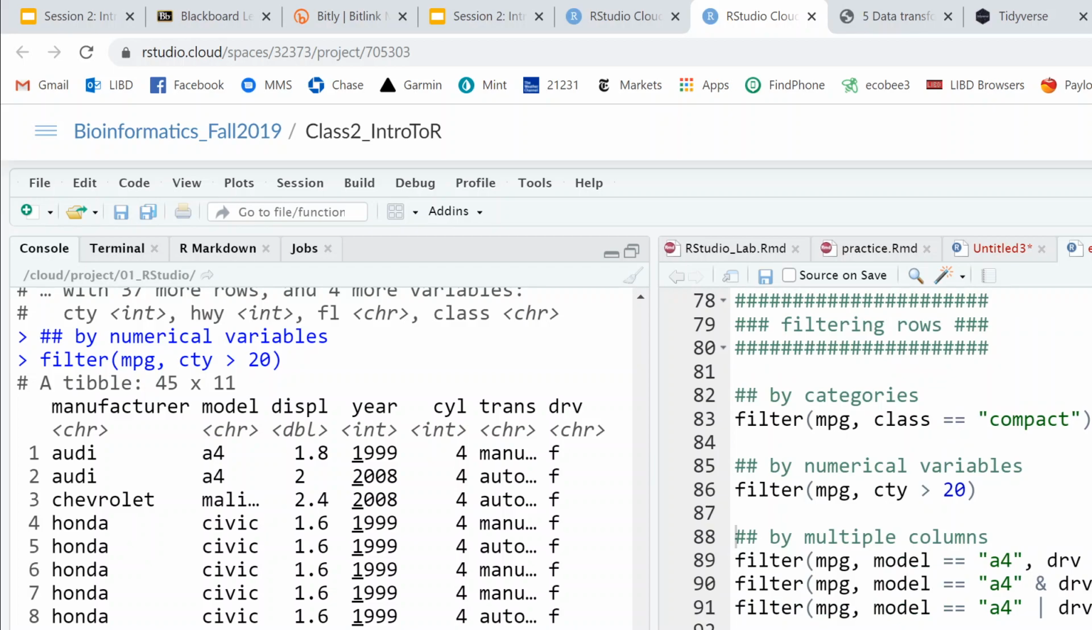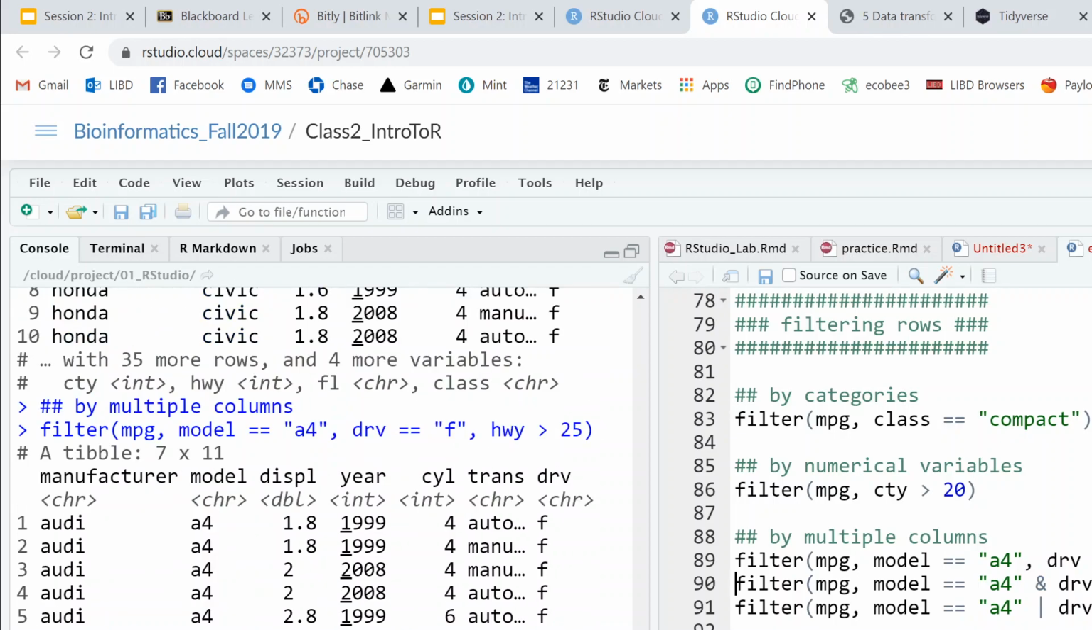And sometimes you want to filter on multiple columns. There's a few different ways you can do it. Take your data set. Let's say, hey, let's take it where the model is an A4 and the drivetrain is forward and the highway is more than 25. That's equivalent to chaining together these logical tests with an AND operator, which is the ampersand in R. And so this will tell you there are 7 cars